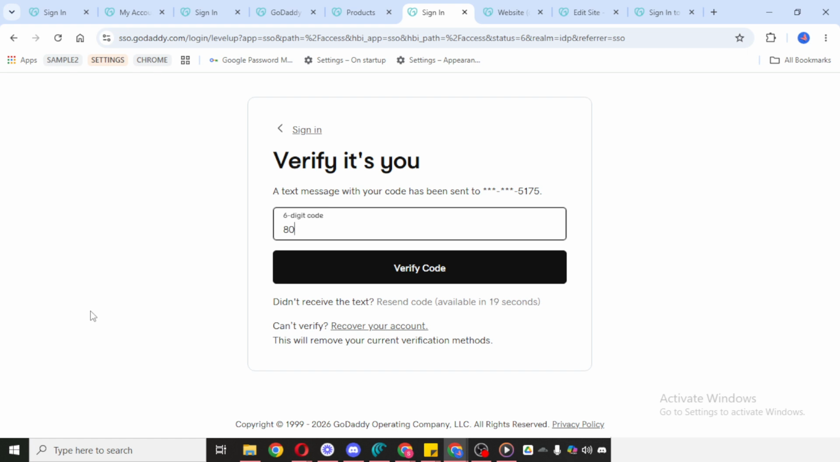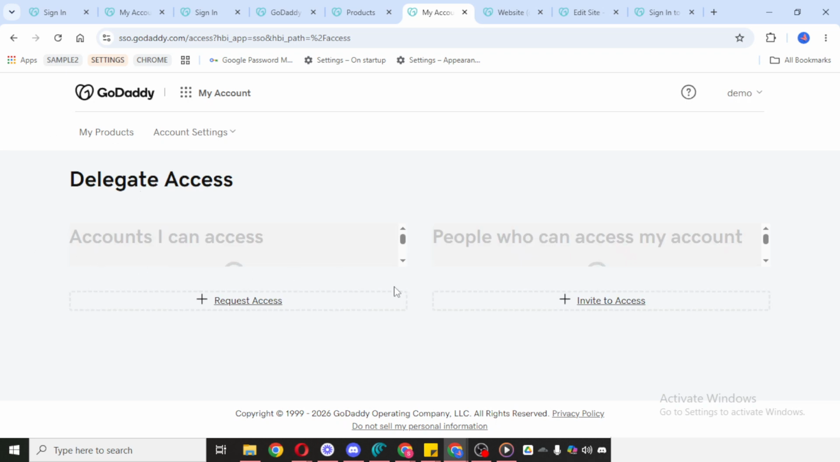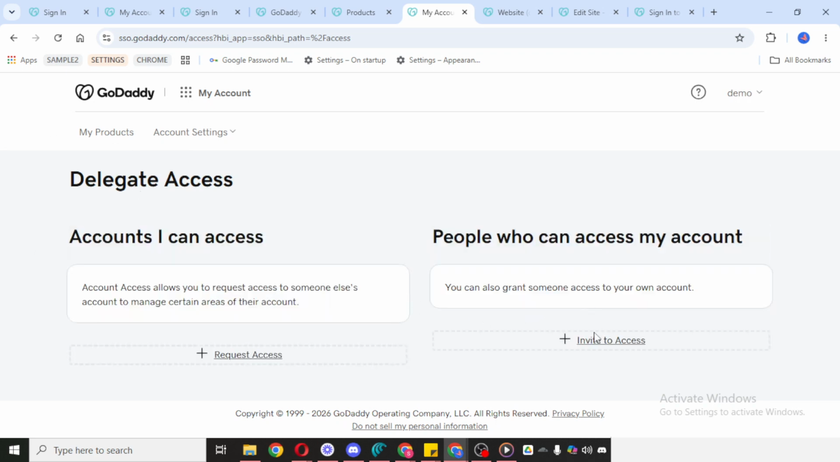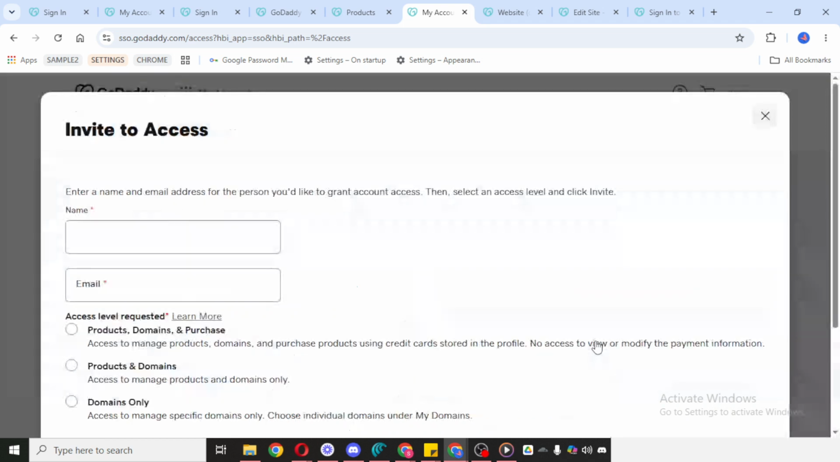Once everything is entered and the access level is selected, click Invite. That sends the invitation to the user, and they'll be able to accept it and gain access according to the permissions you assigned. And that's it. You've successfully invited a user to your GoDaddy account. If you ever need to review or change their access later, you can return to the same delegate access area